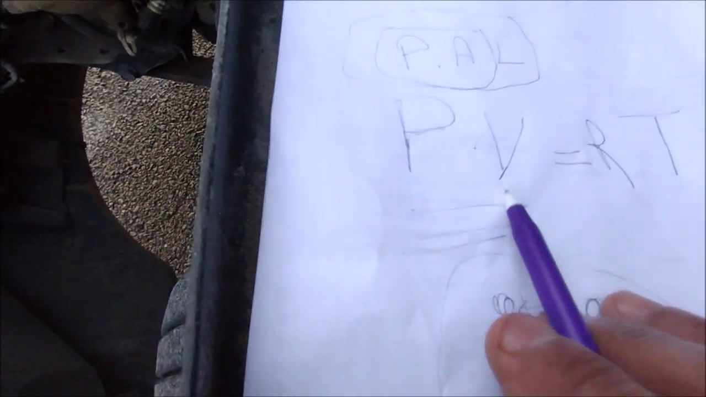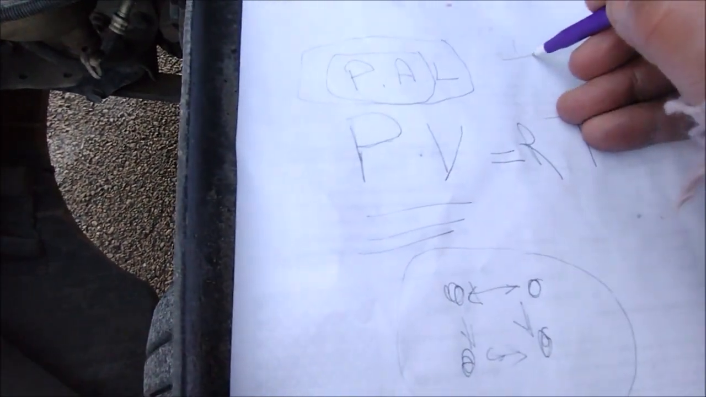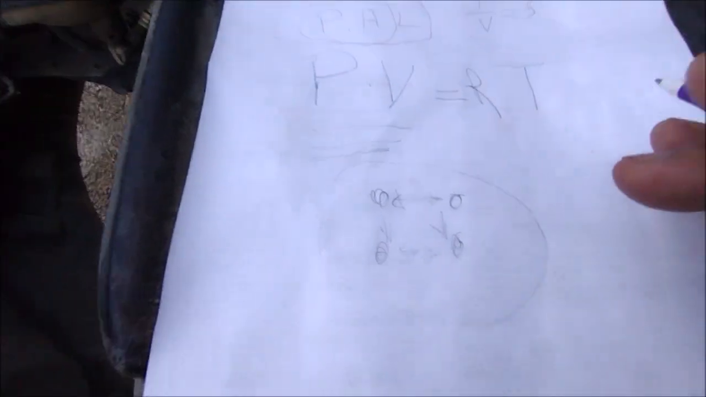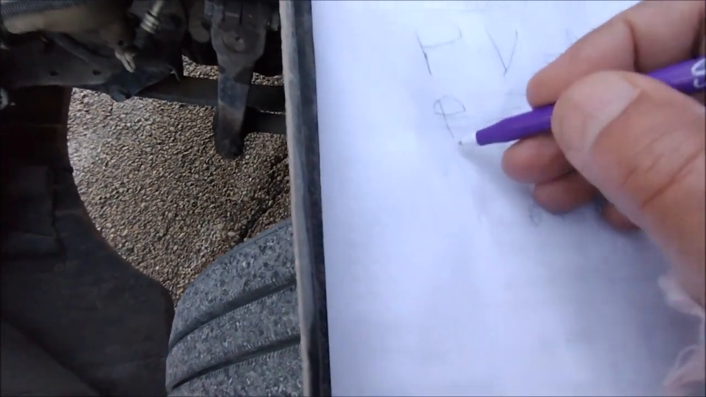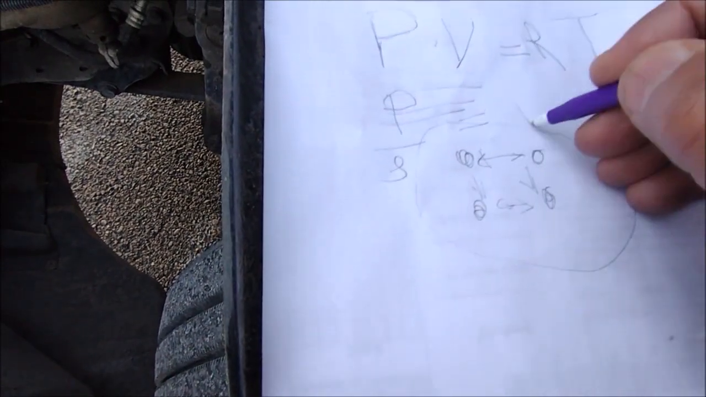The volume itself, if you reverse it, if you say 1 over the volume, that will be the density of the gas. So the same equation, you can say the pressure of the gas divided by the density of the gas equals RT,